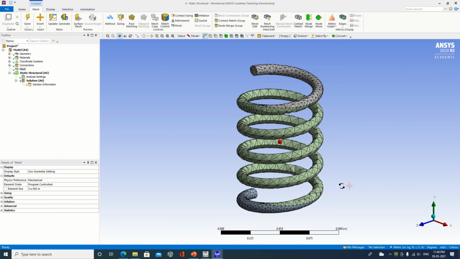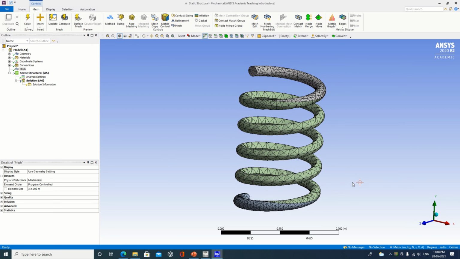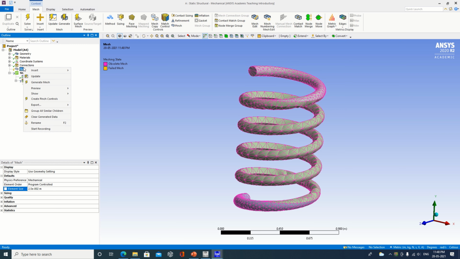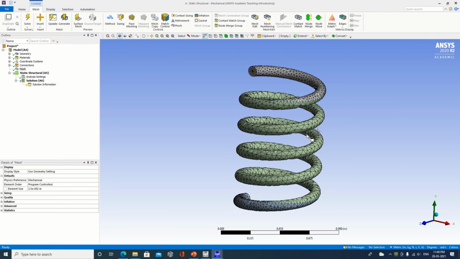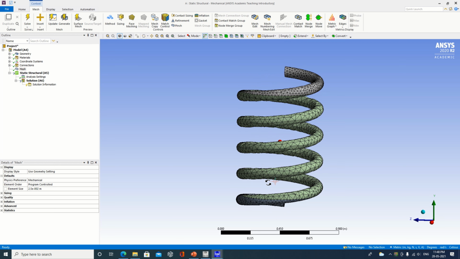But if you want to improve the quality of mesh, you can just take some more smaller value also. Say I am taking 0.025. Let's make it generate. Now just see how the mesh will be there earlier and now. So somewhat better than the earlier one.